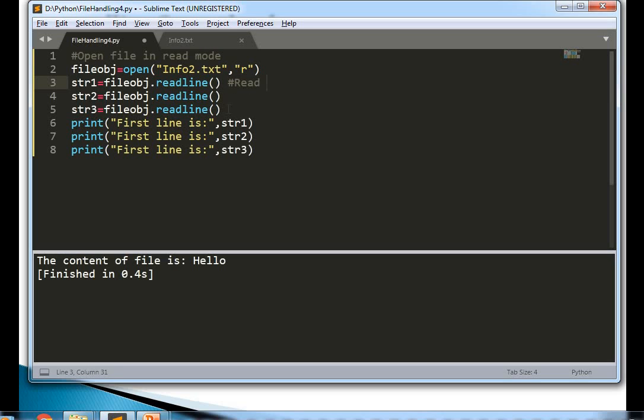Read first line, second line, and third line, and print these three lines respectively. We have finished reading three lines and we have printed